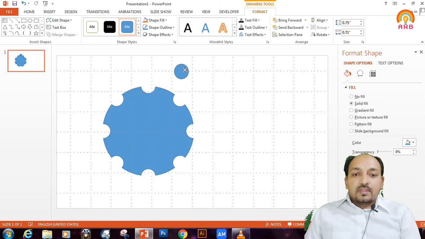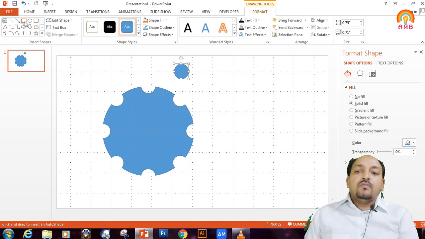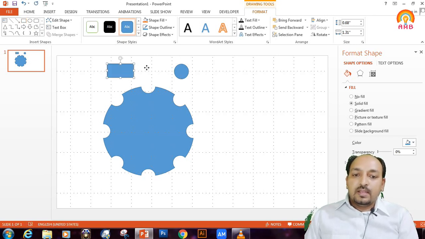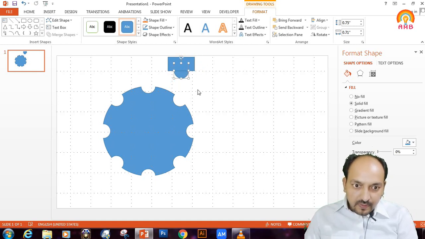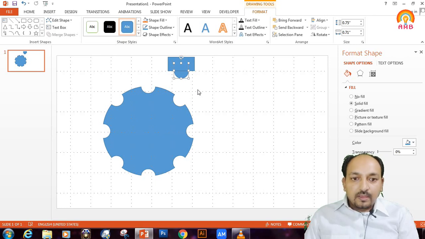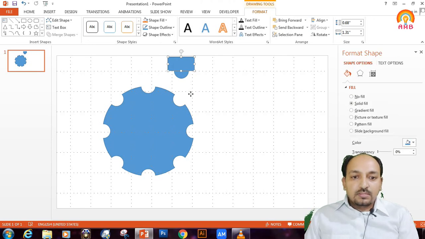And now I have to make it a half circle, hemispherical. So how can we make it hemispherical? For that I select a rectangle and draw it, and I am putting the rectangle exactly above the small circle.